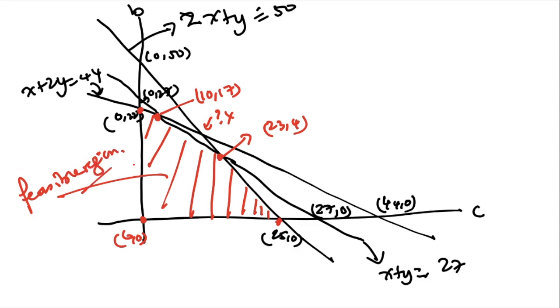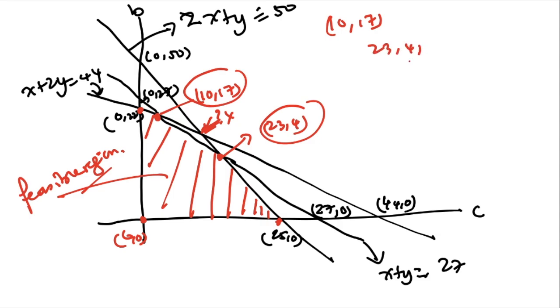Okay. But all of these points, you need to show how to get them. How to get this, how to get this. This one, you don't have to. This point, you don't have to, because it's not included as the boundary of the feasible region. Need to show how to find 10, 17 and 23, 4. This one, of course, you show it after you calculate the horizontal axis. This one, yes. This one, yes. Okay, and then